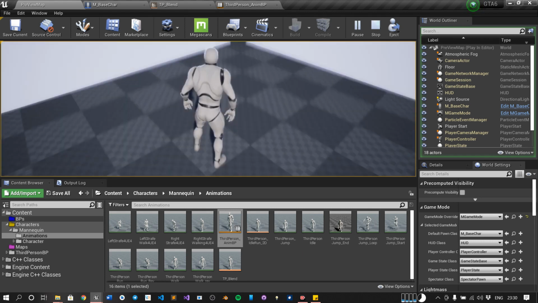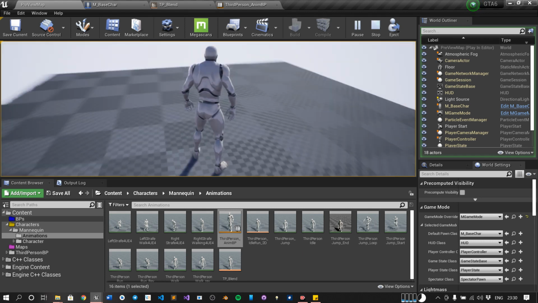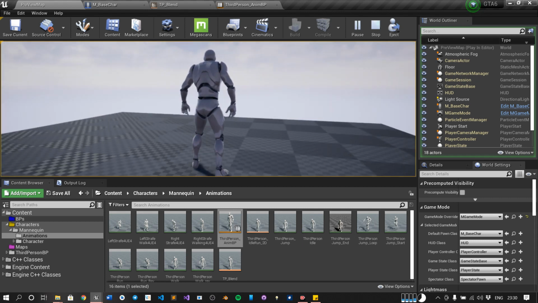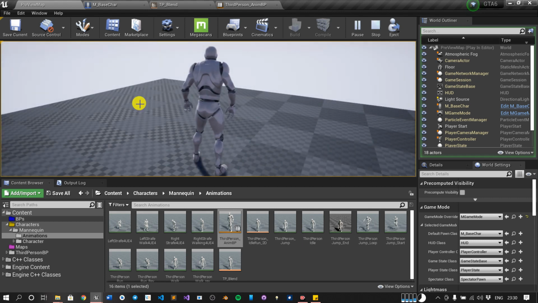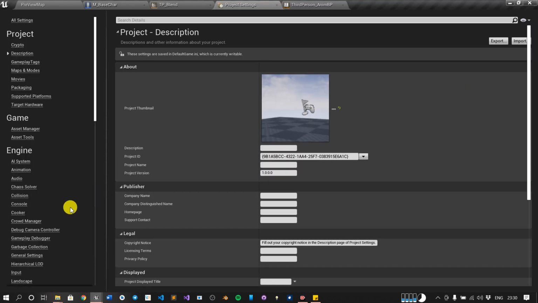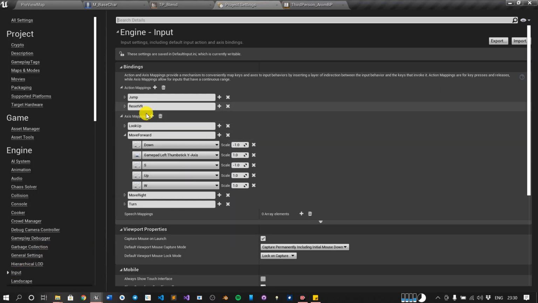Okay, so we have set up this character, but if you try to jump, it is not working. Why? Because we haven't mapped the space bar yet. So we will go to the input, and we will check what we have used for jump. Let's copy this.